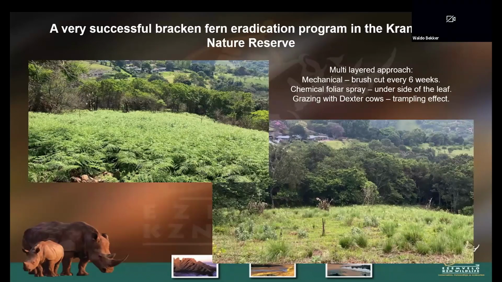Right, the last slide, I just quickly wanted to show a bit of the thinking that we've had to think out of the box, and show that adaptive management that is so important when you look at how to deal with management plans. Although this is not outright an alien species, it is an invasive species, which is a major threat to grasslands in KZN specifically. Even in the Drakensberg, we've got very, very big problems with bracken fern. So what we've done,